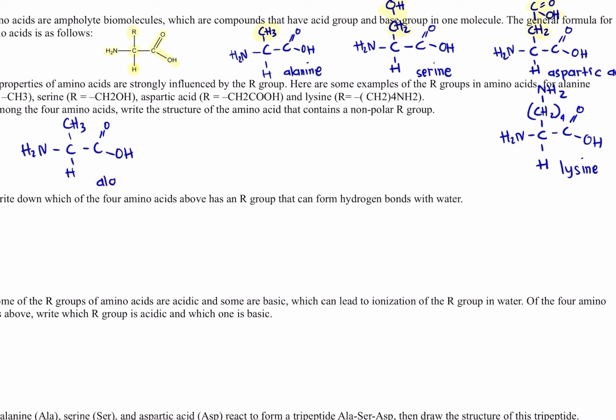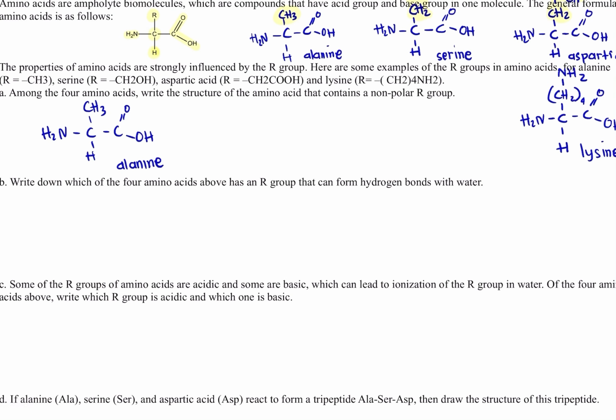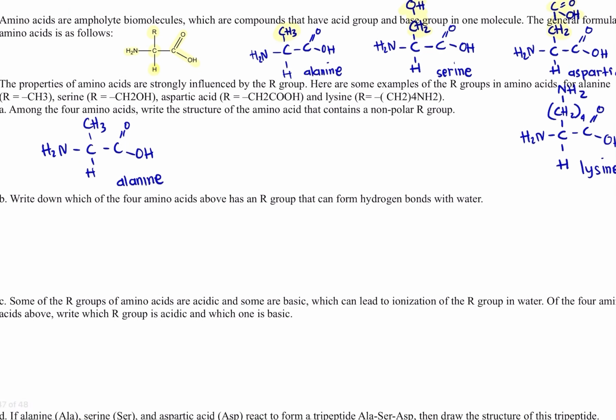Now the next question: write down which of the 4 amino acids above has an R group that can form hydrogen bonds with water. If a chemical wants to form hydrogen bonding with water, especially the R group, because we focus on the R group, the R group should contain the H delta positive. Now this H delta positive is attached to an electronegative